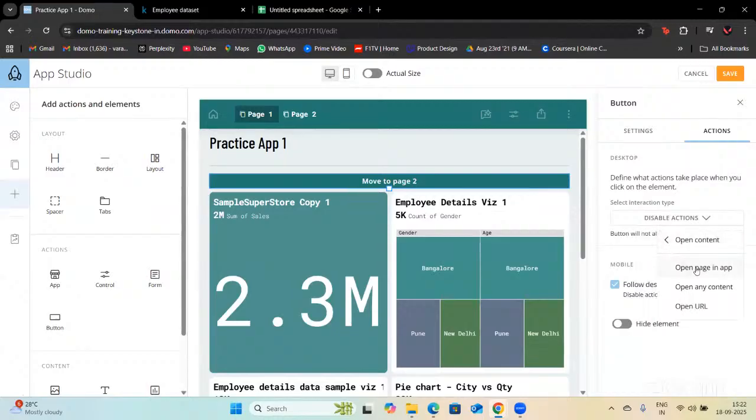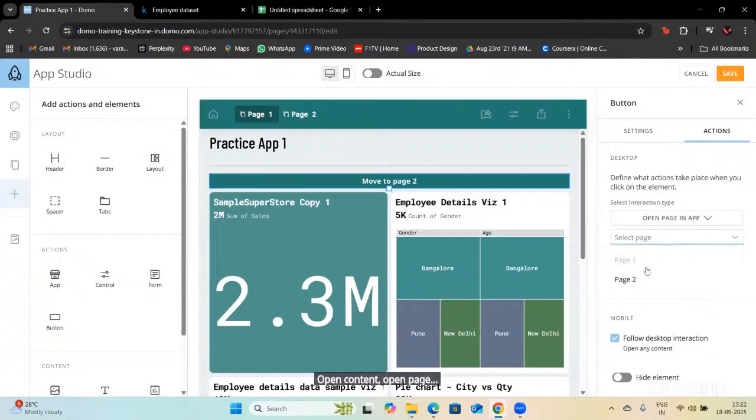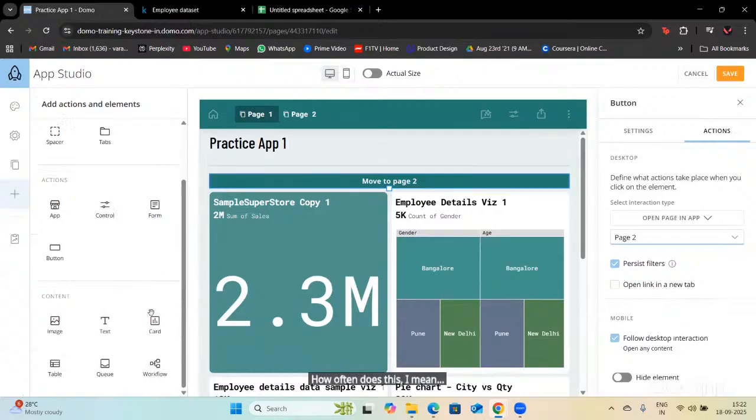Open content, open page, select page, scroll down. Do you have an option to save this? No option to save, only the one present here. Yeah, let's save it. Looks like the action did not get saved